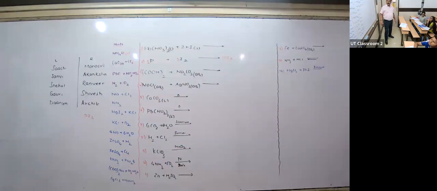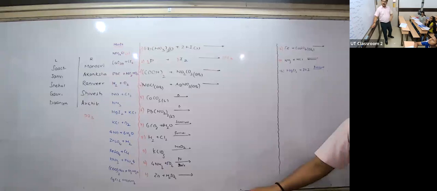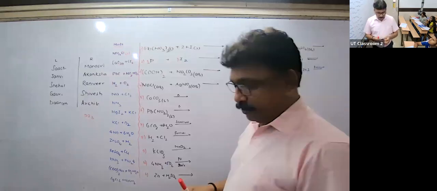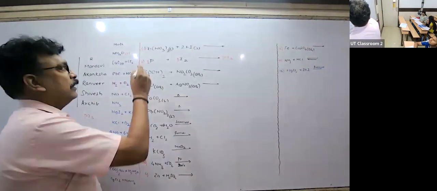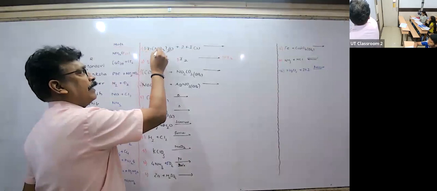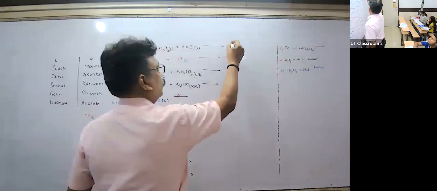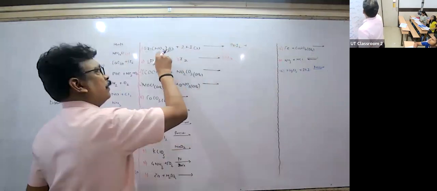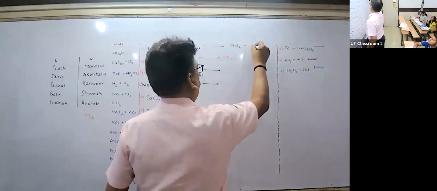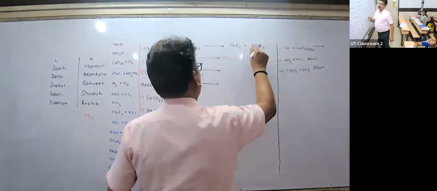Now let me give you one more hint, like PbNO3, the first reaction. If you remember, I'll just give you the technique. What can you get? This Pb will break its bond with nitrate. Pb will combine with I2 to give you what? PbI2. Plus K will combine with NO3 to give you what? KNO3.